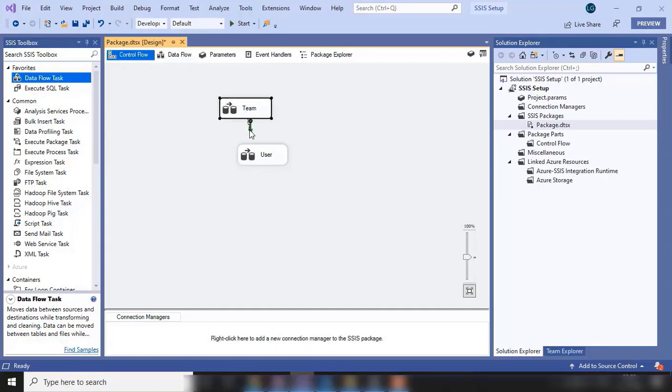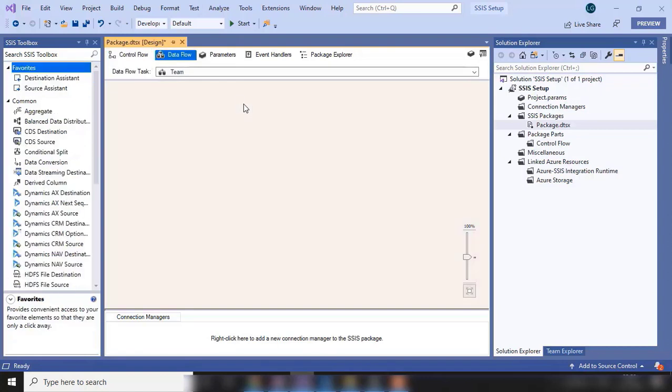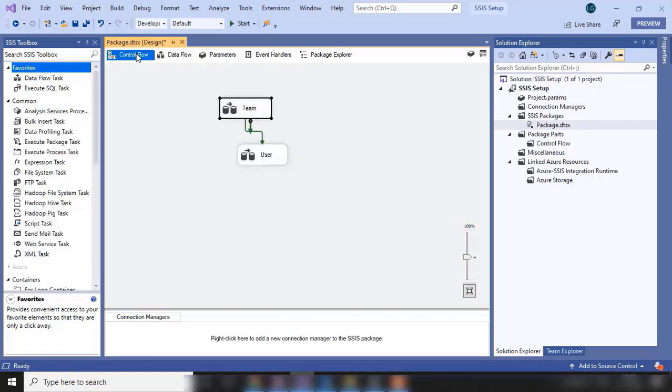Now we will attach both data flows like this. Now it is showing in which way it is flowing. Firstly we will migrate the team data and then we will migrate the user data. Now to open the data flow, double click on it and in this data flow we will give the source and the destination. In this video session we are just looking at these basic components.